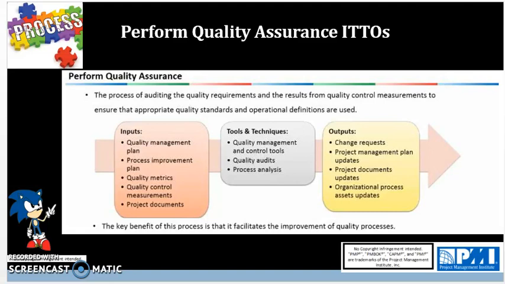So next you have tools and techniques: quality management and control tools, quality audits, and process analysis. I want to start off with quality audits. Quality audit is the big one. That's the main tool in quality assurance. And it is a structured independent process to determine if the project activities comply with organizational and project policies, processes,